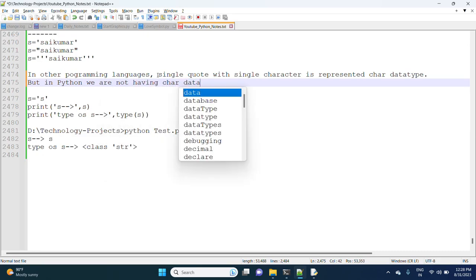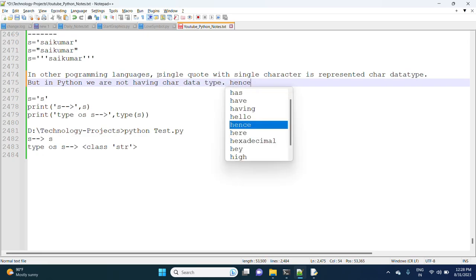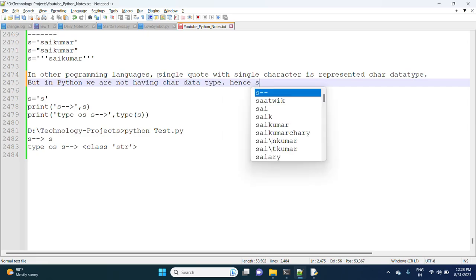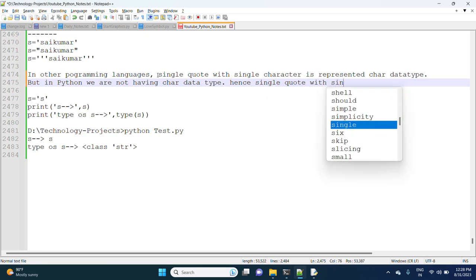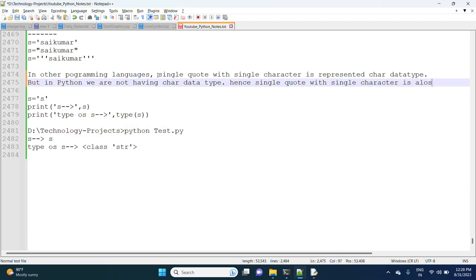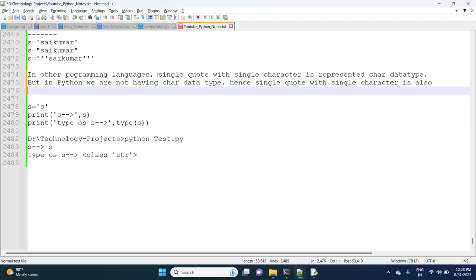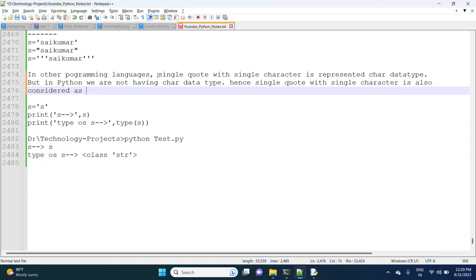Hence a single character within single quotes is also considered as a string only.